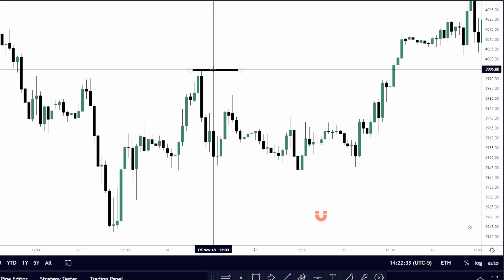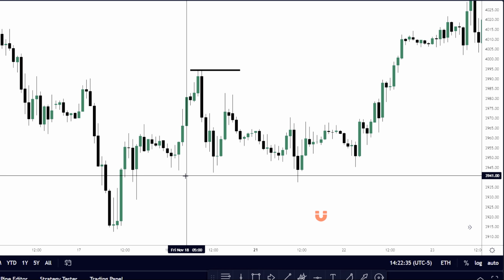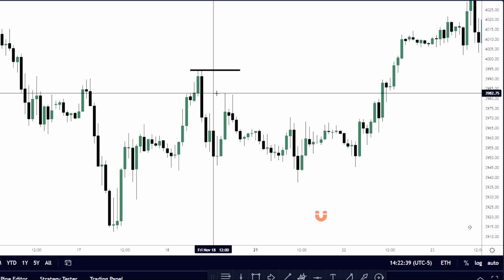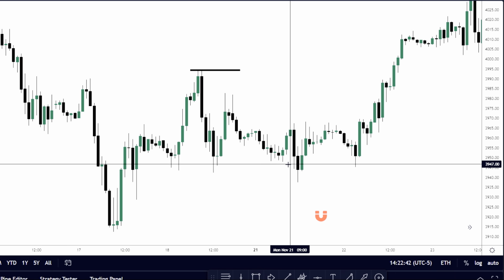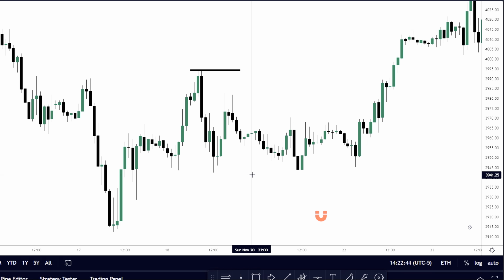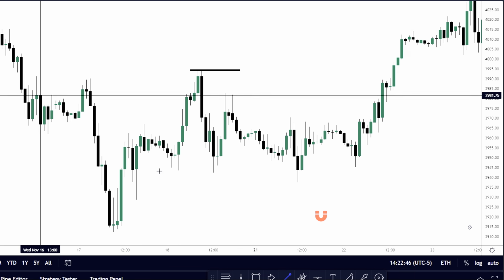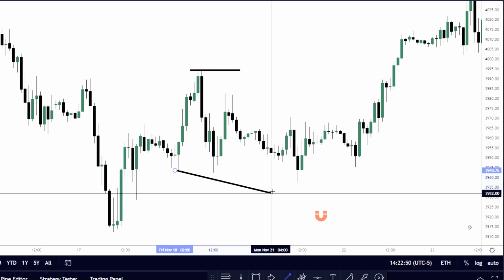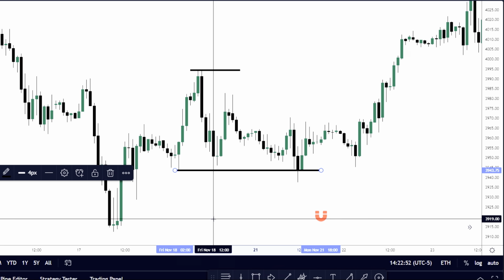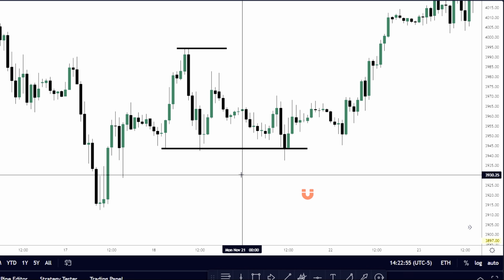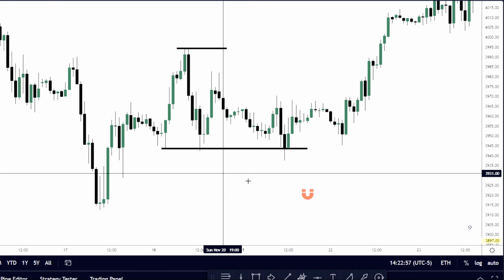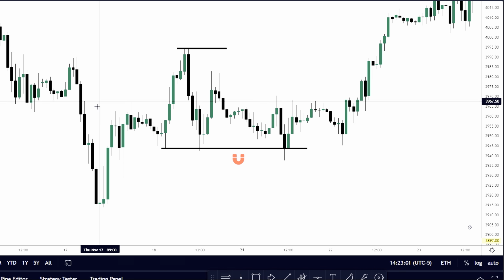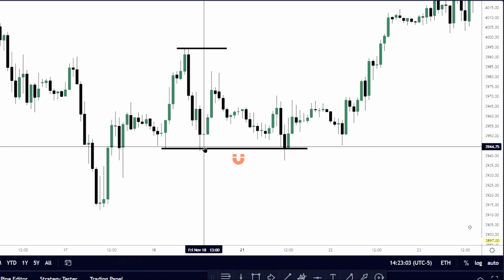All right, so the little baby one right there, price comes down, and then there's a fair value gap rejection, and then you have equal lows right here. It's all in the charts. If you guys just open your eyes and look for it, it's everywhere. And every time this happens, this is retail just getting smacked. They're just getting smacked every time this happens because they think it's support.